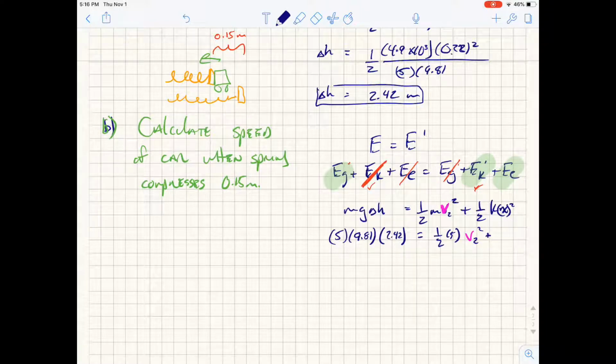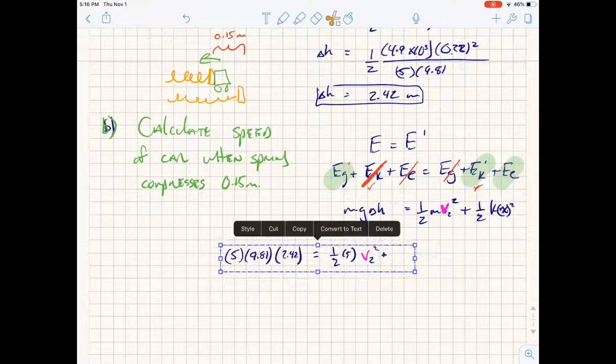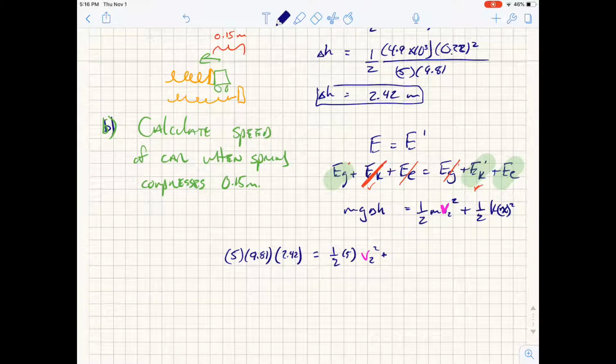plus, I'm going to run out of room here. Let's move this over, give ourselves some more room. Move it down here so it's not so confusing. Plus 1/2 K, which we determined was 4.9 times 10 to the 3. And the x squared now is 0.15 squared. Well, the EE number turns out to be 119 joules